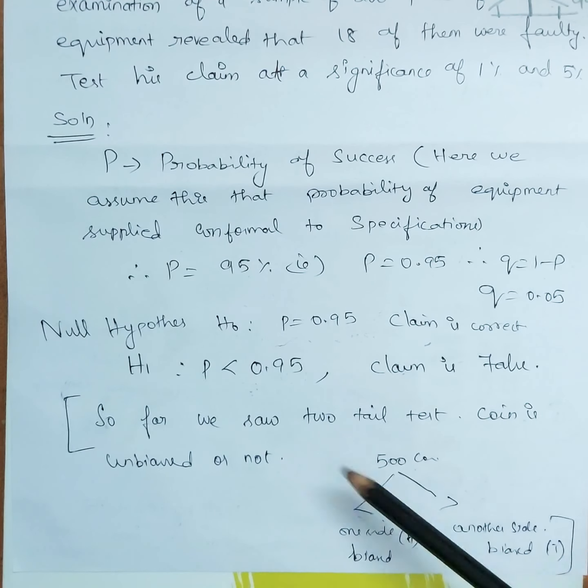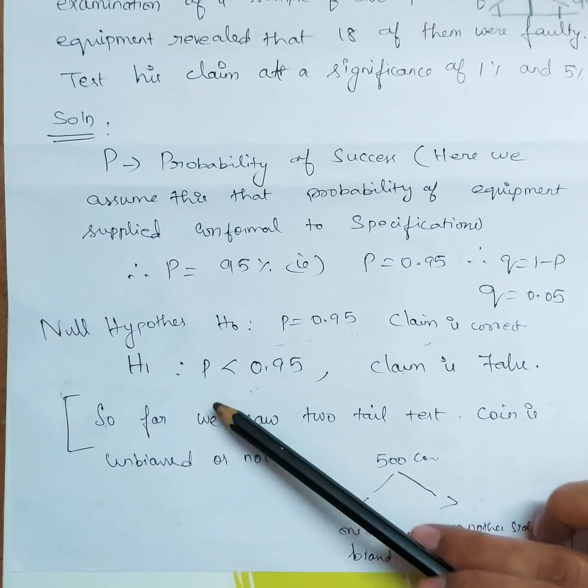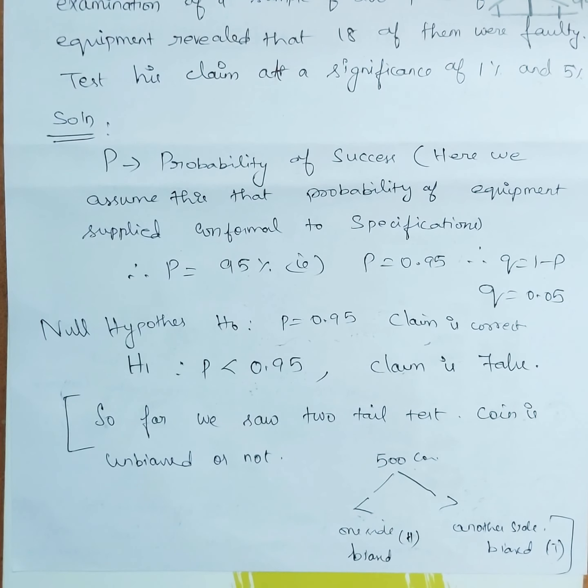That is why I told you fixing the hypothesis and the null hypothesis is very, very important, because that is going to decide whether it's going to be a one-tail or two-tail test. Remember the values that I have given you for one-tail and two-tail tests. Another example, not this problem: we are tossing a coin 500 times and I say it's unbiased. So the number of heads will be equal to the number of tails, right? It can be less than or greater than. In both ways it is not equal, so we'll use a two-tail test in those problems.